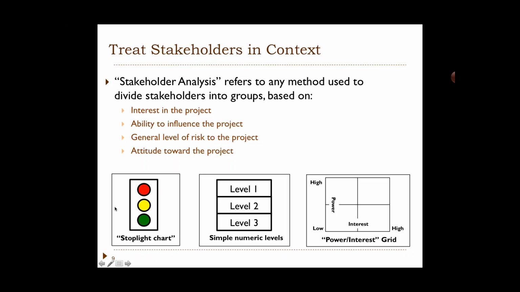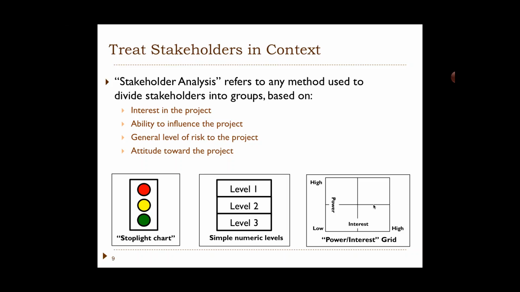And we can use a couple of things. If we use a stoplight chart, red, yellow, green, that's one way to set up a hierarchy of stakeholders in terms of those that are particularly important that we're going to make red. These are the ones that we want to watch out for, keep a close eye on. Yellow, they're reasonably important, and green, maybe not so much. Same thing, you could do it level 1, level 2, level 3. Very simple. Another tool that I like, and we're going to see on the next slide, is this